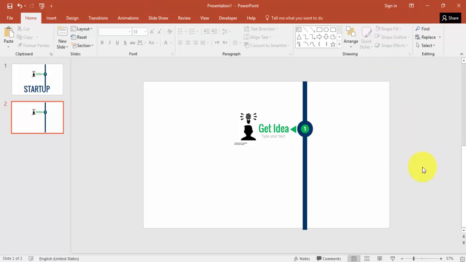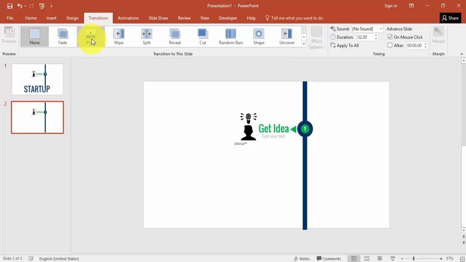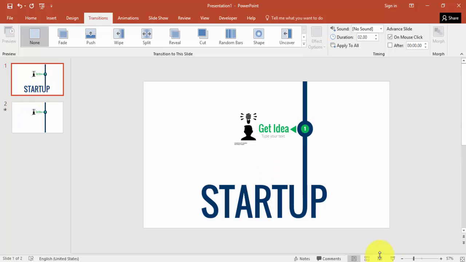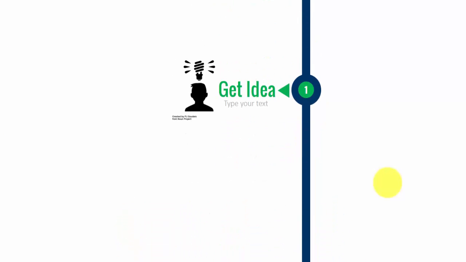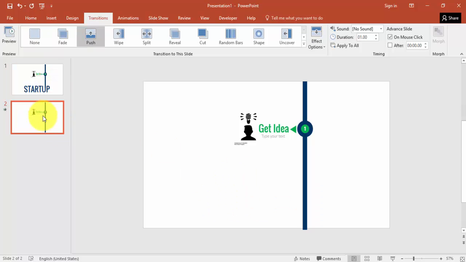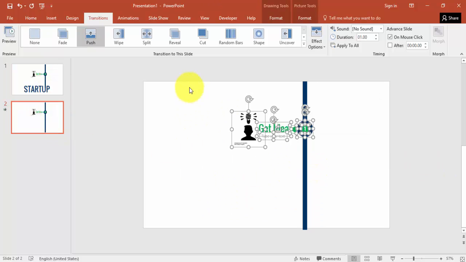Alright, for the second slide, I'm going to use the transition called push, and the effect I'm going to use is from top. If I just go here, it will be the second slide. Now I'm selecting this one, so this will be 2.3. I can just press Ctrl D